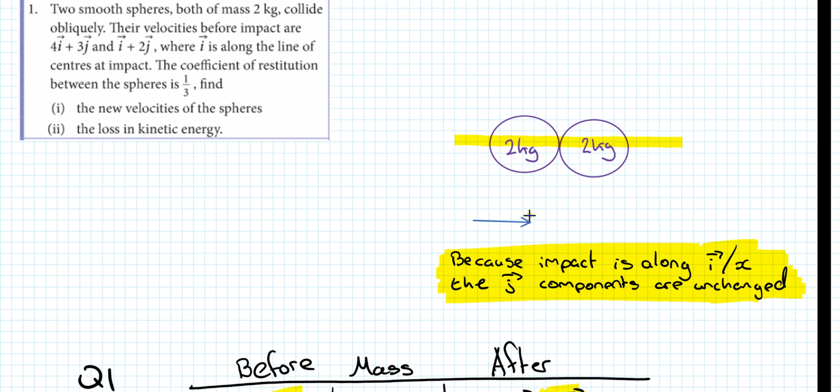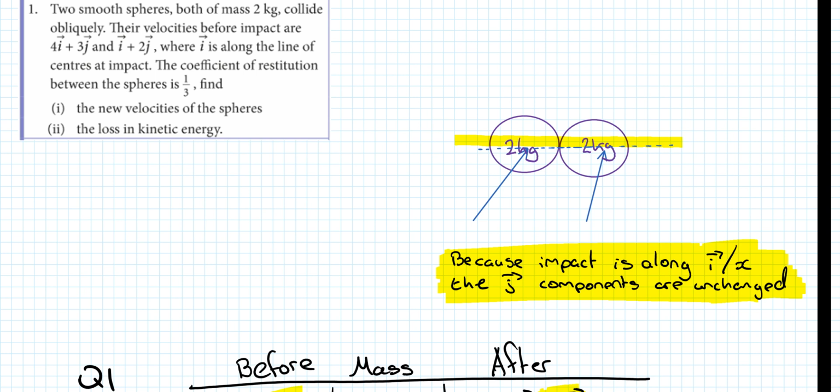So if this is the first one, 4i plus 3j looks something like that, and i plus 2j. So it's moving in that general direction. Okay, we know they collide along their i-axis. So because the impact is along the i-axis, the j component of their velocities remains unchanged. And I suppose similarly, if they collided along their j-axis, the i components of their velocities would remain